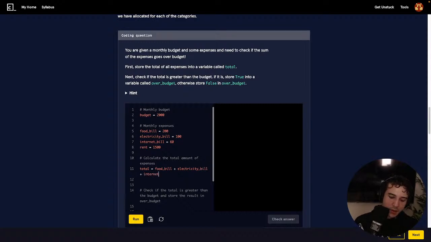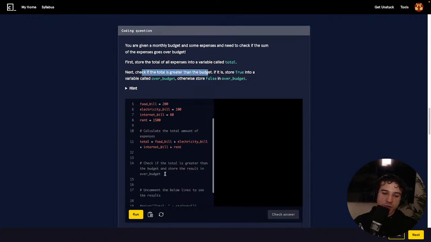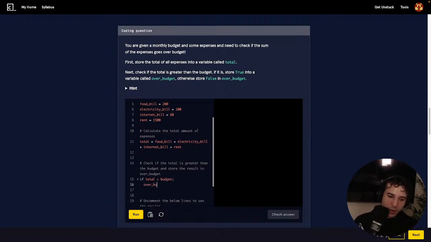Internet bill plus rent. So store the total of all expenses into a variable called total. Next, check if the total is greater than the budget. Check if the total is greater than the budget and store the result in over budget. If total is greater than budget, over budget equals